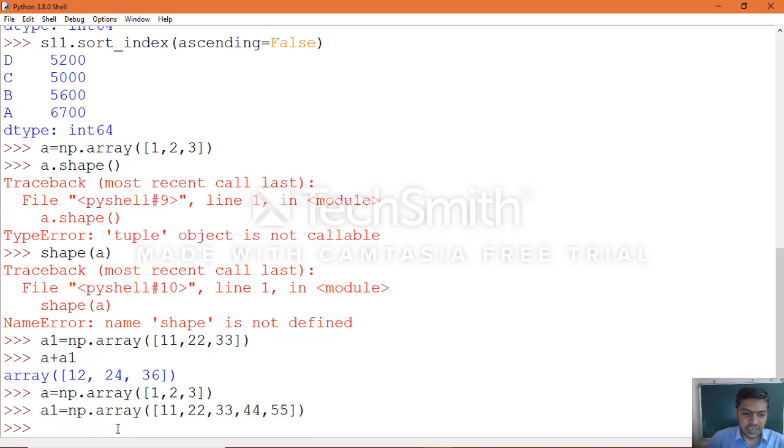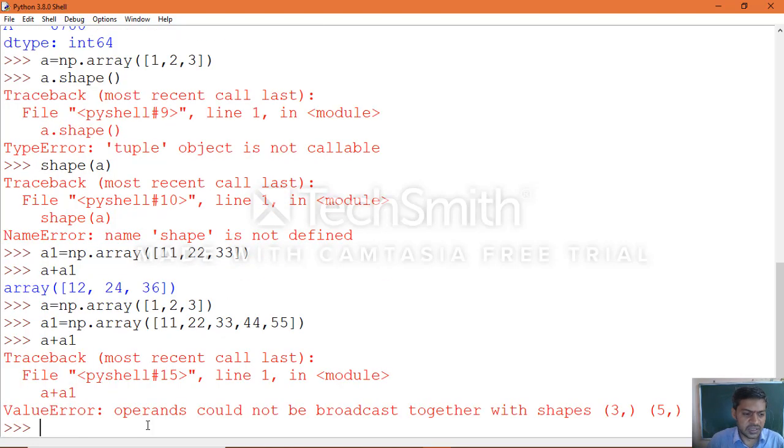Now see the difference here. Both are not of the same size or shape. This is 3, this is 5. Now this will not perform an ND array operation. So A plus A1, when you execute, you can see the error, a ValueError here: operands could not be broadcast together with shapes 3 and 5.